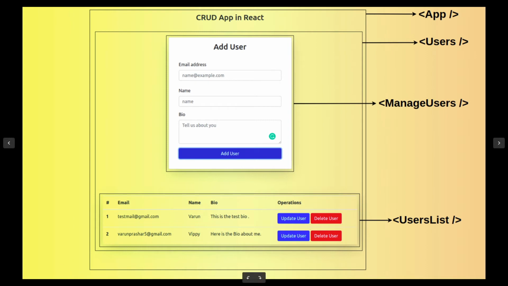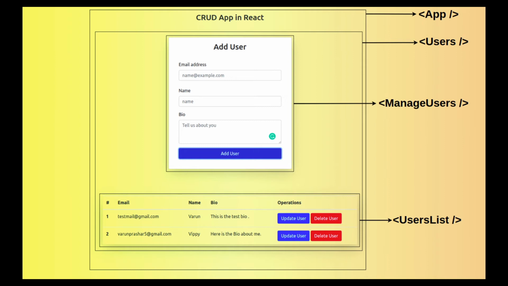At the bottom you can see that there is a listing. So for this listing I am going to create a user list component. Inside this user list component, as you can see, we are performing two operations. One is the update user and another one is the delete user. So from here I can see that these are going to be buttons, right? And similarly there is going to be an add button. So there is going to be a UI component called buttons which we can reuse in our application. So guys, this is going to be my whole complete layout of the application.